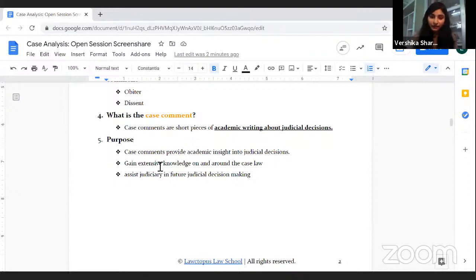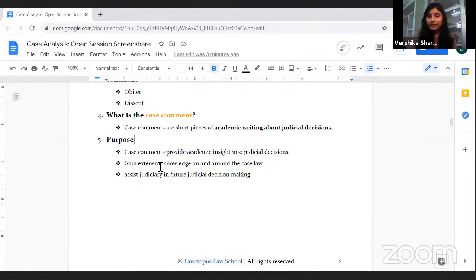So gain extensive knowledge on and around the case law. Now, this extensive knowledge is not going to be restricted just to the case. As I said, it is going to be beyond the case. Like if you're trying to understand transformative constitutionalism, that's not just about the case, right? Of course, you're using the case to explain the concept, but it goes beyond the case law. It might help in